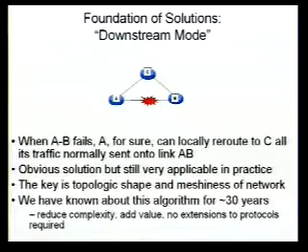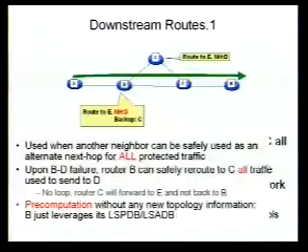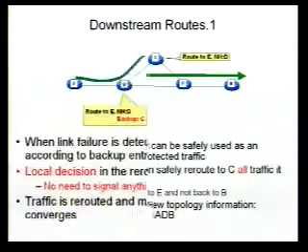The key to this particular very simple solution basically has been known for about 30 years, which is if we can calculate that all the traffic that's going between B and D, if this link was to fail, could suddenly go up through C. And if we knew this beforehand, if we could calculate this beforehand, we can power slam all that traffic, if you want to think of it that way, from the link between B and D to the link between B and C, and that traffic will naturally flow in the correct direction. But we need to do this pre-computation.